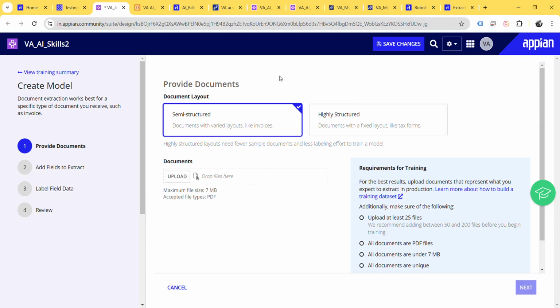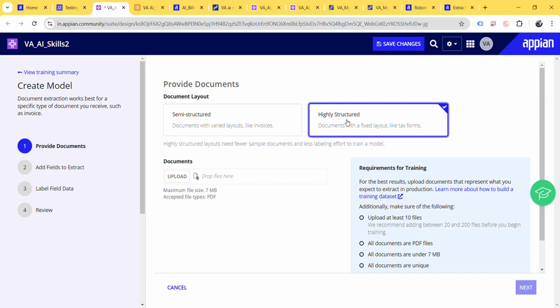Semi-structured means there are some invoices where the layout is shifting up and down, and highly structured means there are fixed forms, like if we generate a bill, then it has a fixed form, ITR, text files, etc. So we are going with the highly structured